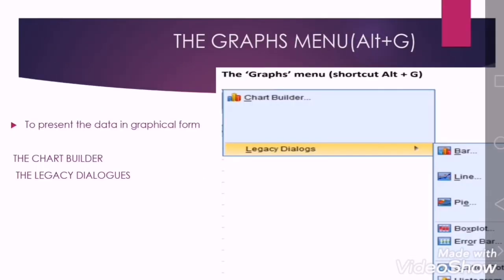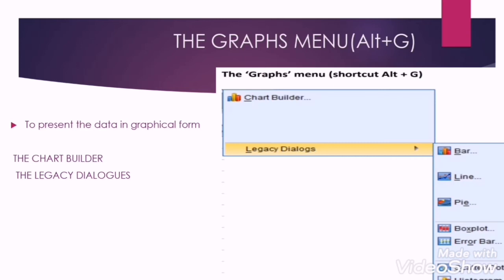The Graphs menu. This menu is used for presenting data in graphical form, which helps in understanding. There are a number of different ways of creating graphs in SPSS, but this is a good place to start. The chart builder allows us to build charts by dragging and dropping variables onto a virtual canvas.